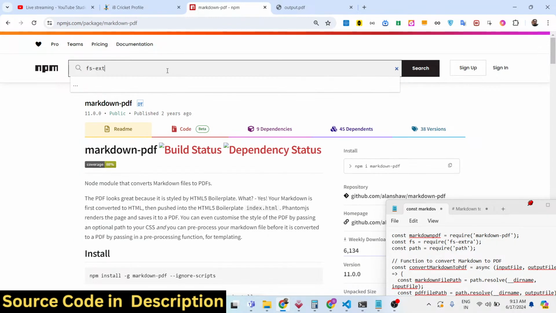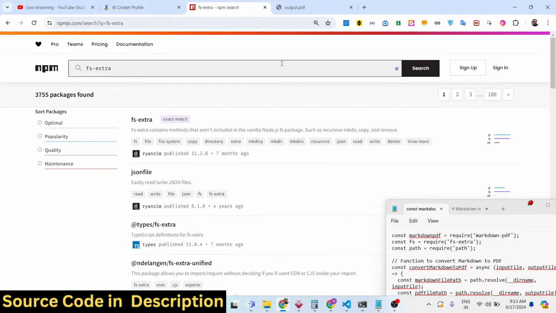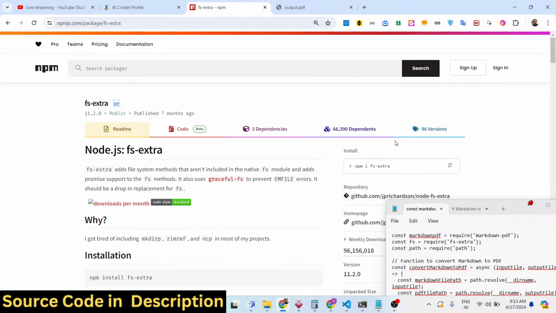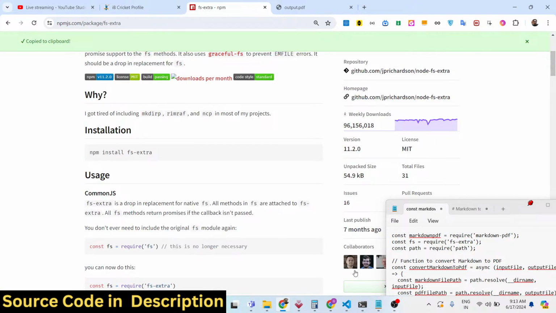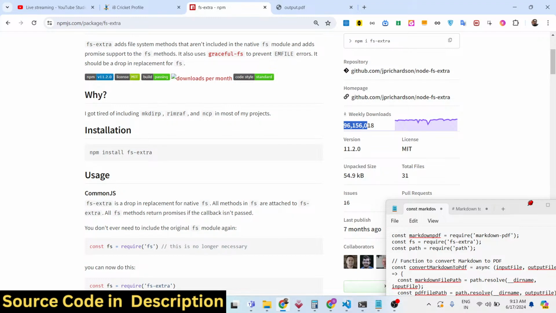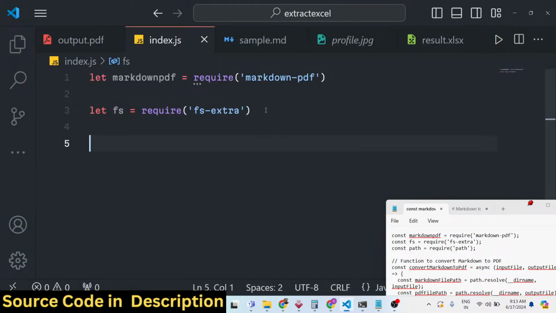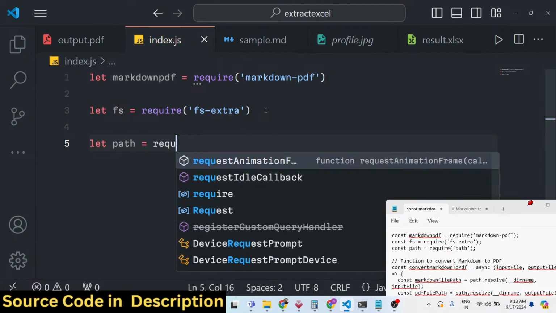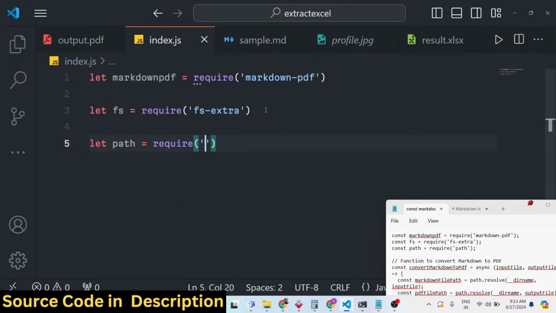So search for this module, fs-extra. The very first package which comes up, simply install this package. This is a very handy package. 96 million weekly downloads are there. Simply install that, and after that we also need to import the path module, which is a built-in package of